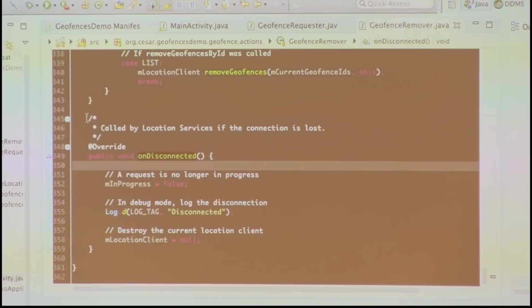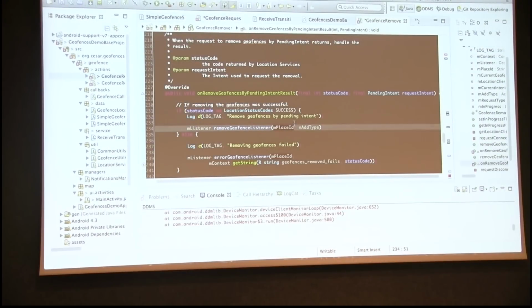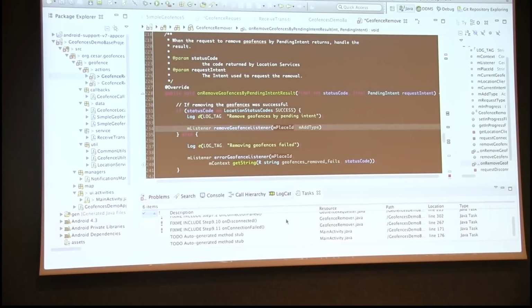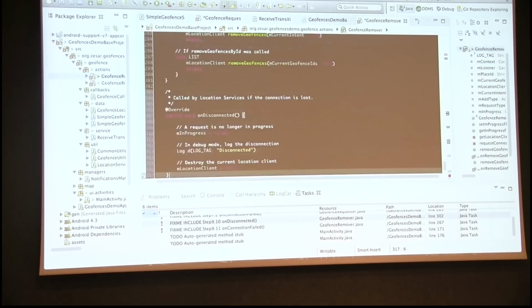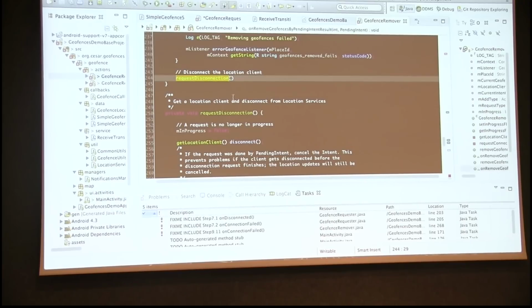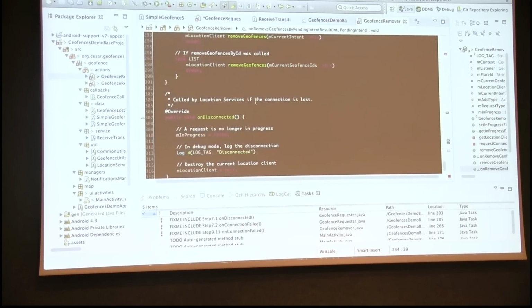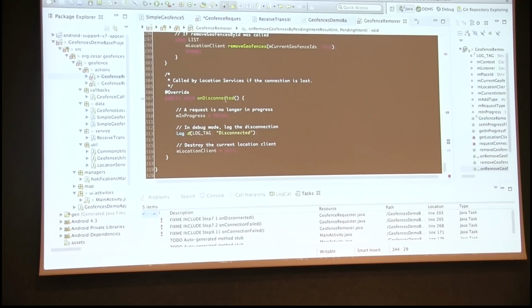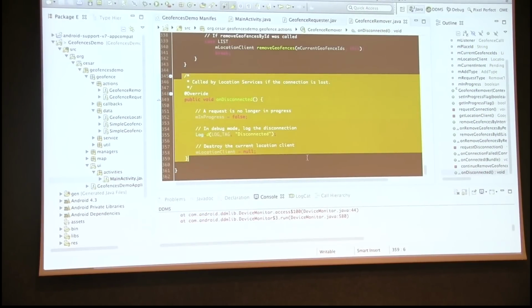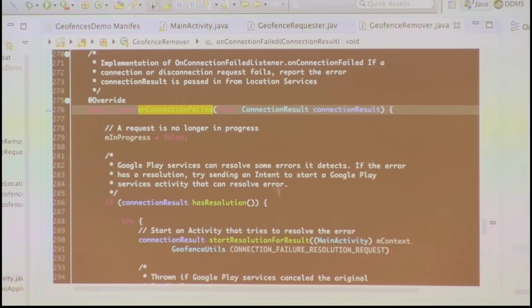And also we have exactly the same that we did in adding geofences. We have to check, because at the end of each operation here, we request the disconnection from the location client. So this is the listener that is going to be called when the disconnection is successful. And when the connection has failed, we have